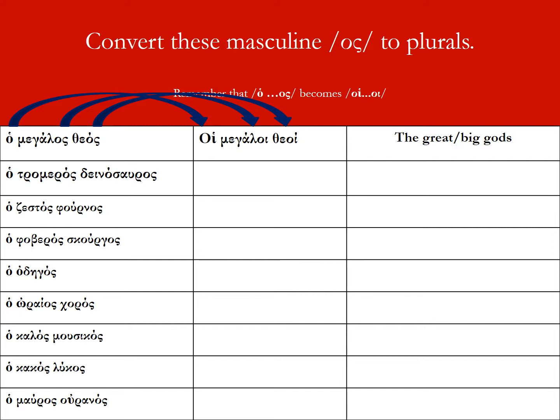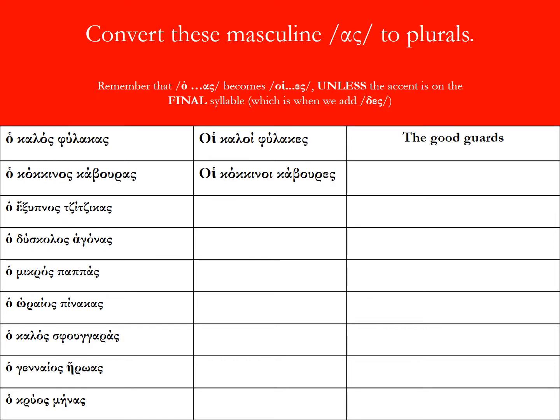Let's look at another branch of the masculine. These were the os words. We also have as. Now, fortunately, these are much easier, and the as words will become es in the plural. But the o still becomes omicron iota. Now, where this gets a little tricky is when we did the os words, everything matched up nicely,